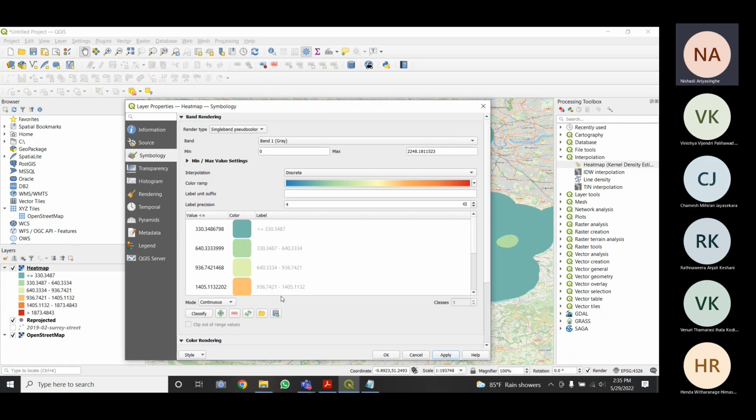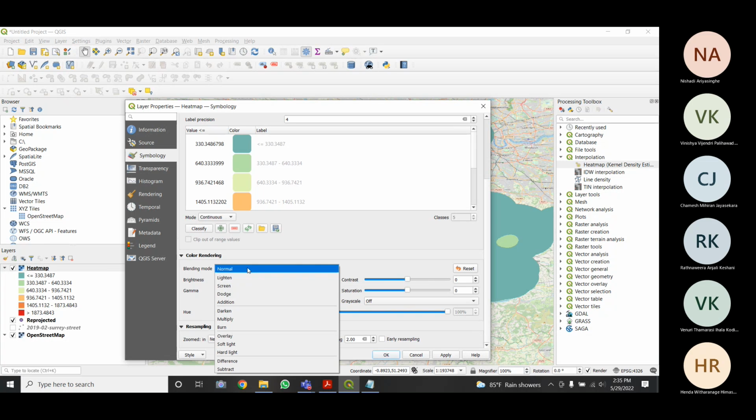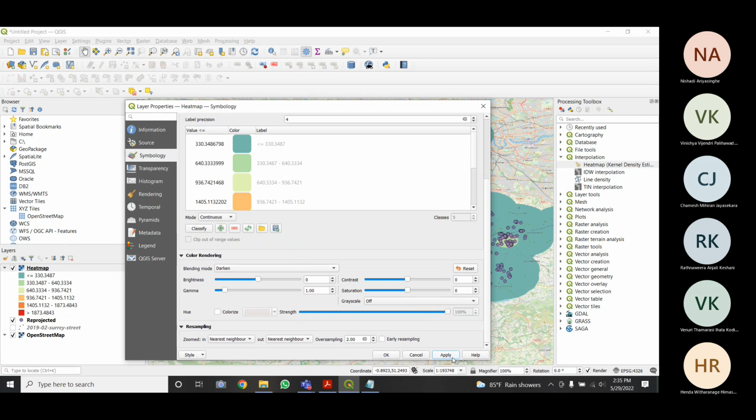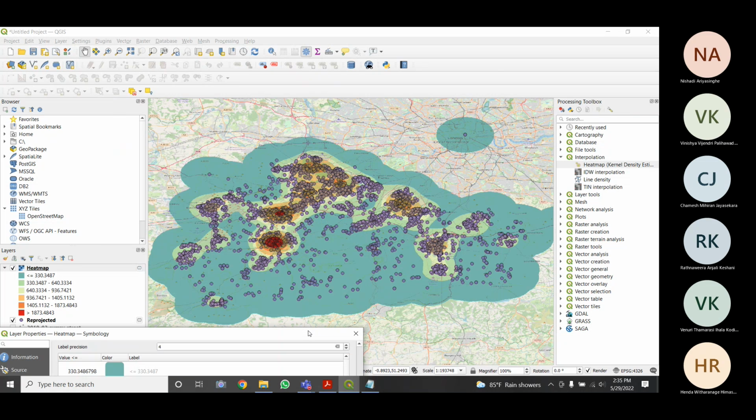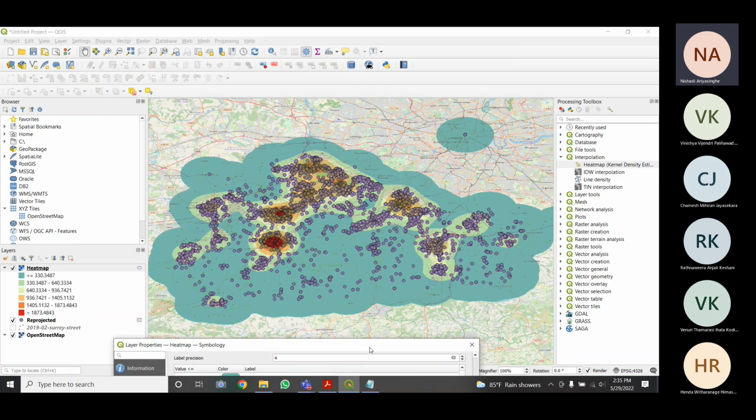So if you can decrease the opacity. Yeah. So here I have changed the opacity to darken.